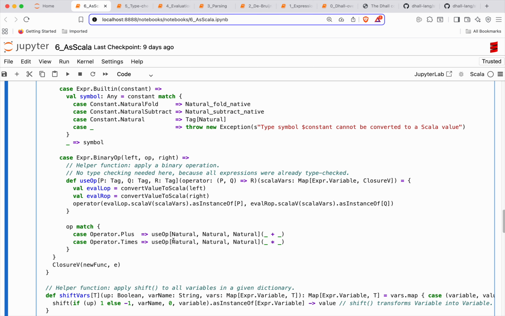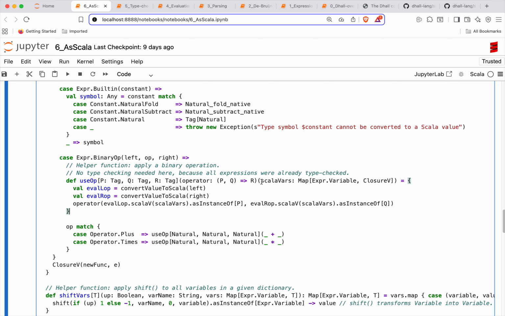So I'm going to make this helper function here, because then it's easy to add any further operations if we want to. So we convert to Scala left, convert to Scala right, and use op returns a function of